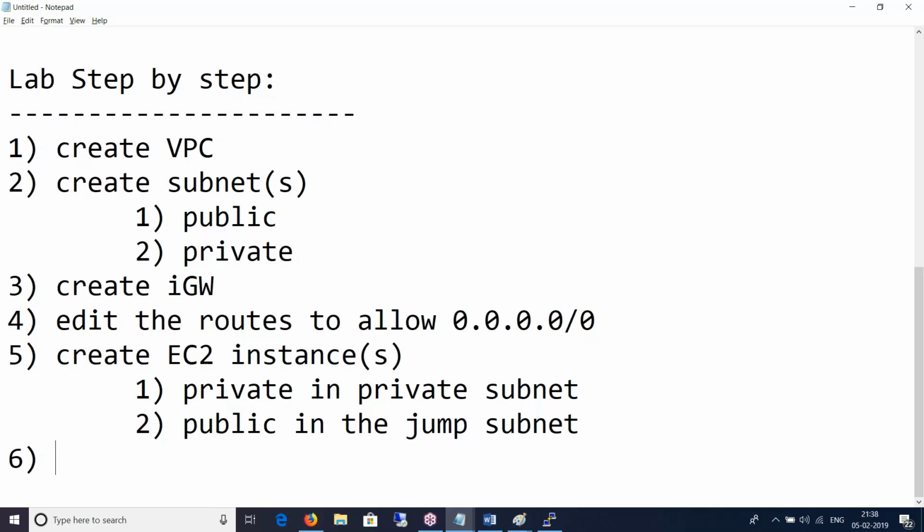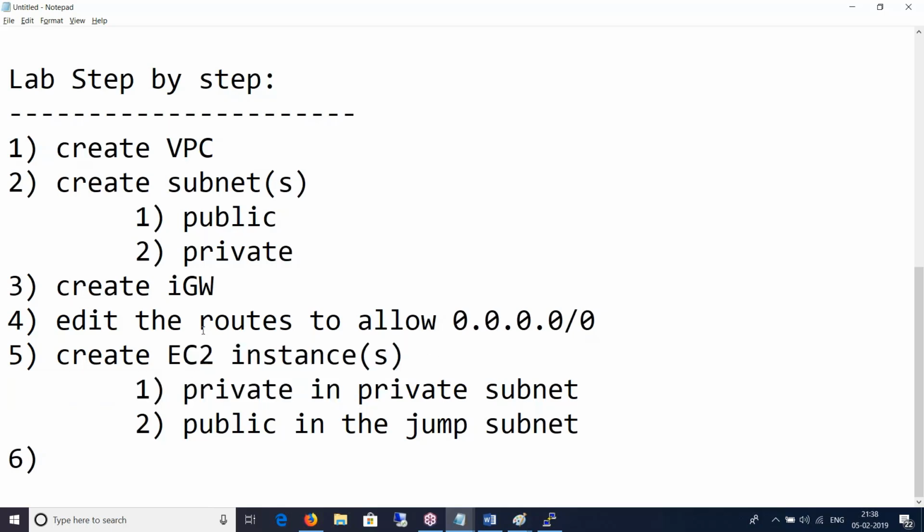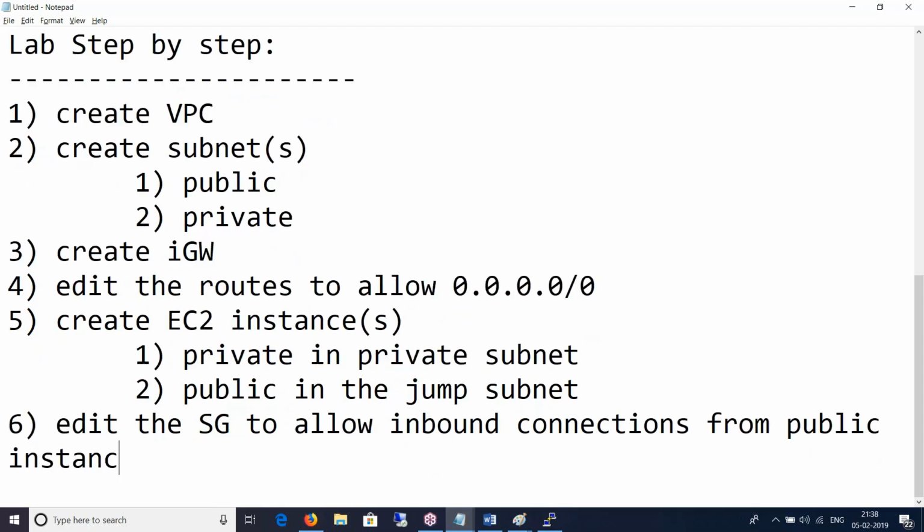I mean, the next point will be editing the security groups. You will edit the security groups only after the EC2 instances are created, because until then you won't know which security group is mapped to the EC2 instance. So you will edit the security groups to allow inbound connections from the public instance to the private instance, right?